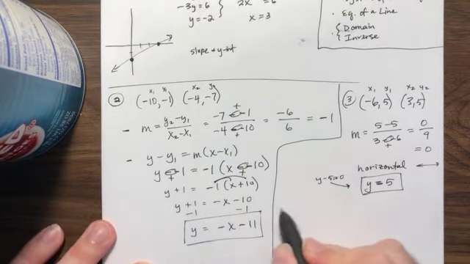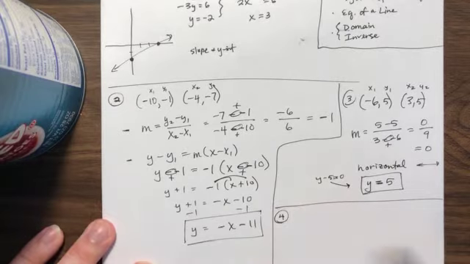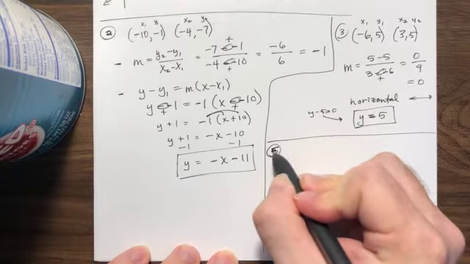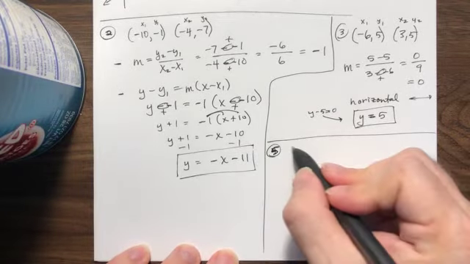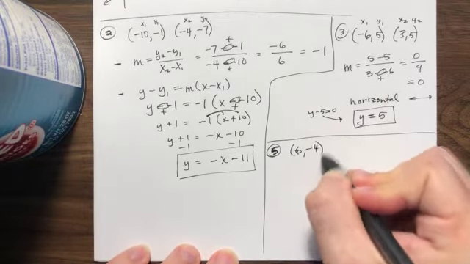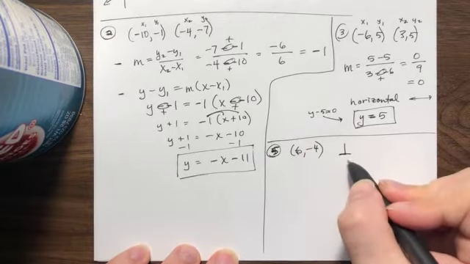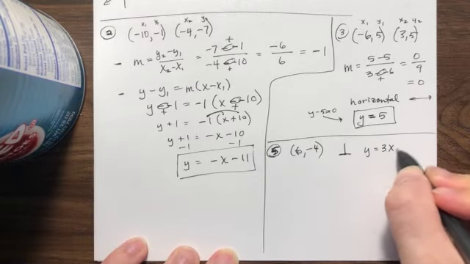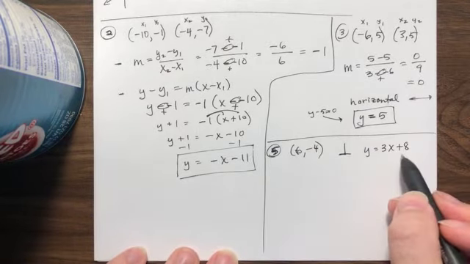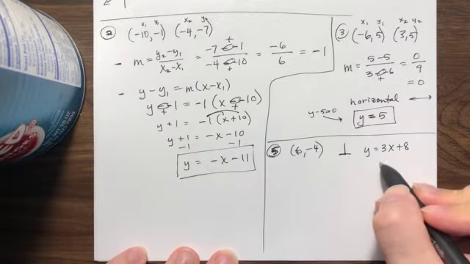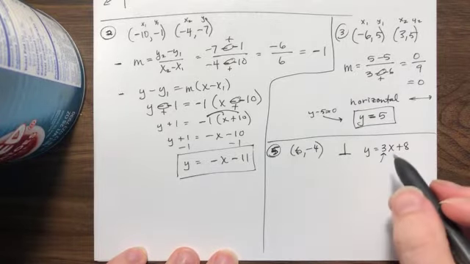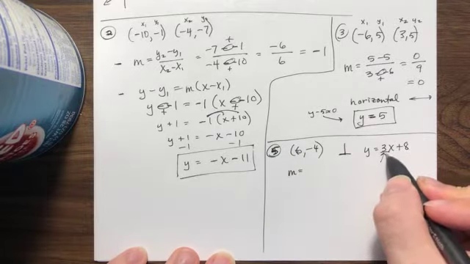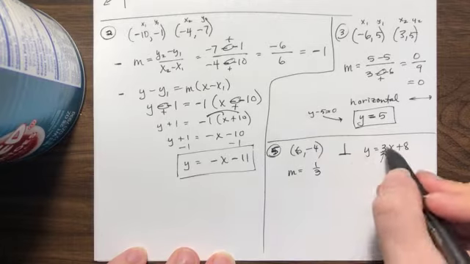So the other type of question that you will see with this is number 5 and number 6. I'm going to skip to number 5. So we've got a point 6, negative 4, and it's perpendicular, which is what that symbol means, to y equal to 3x plus 8. Because this is in slope-intercept form, their slope is 3. And so our slope is, because it's perpendicular, we're going to flip that to 1 over 3,